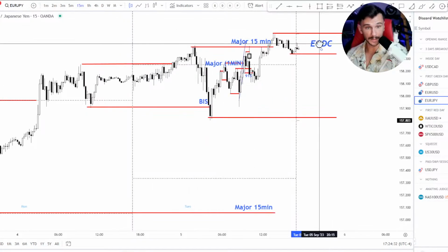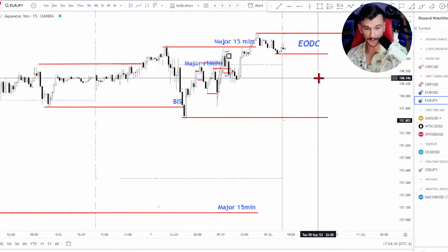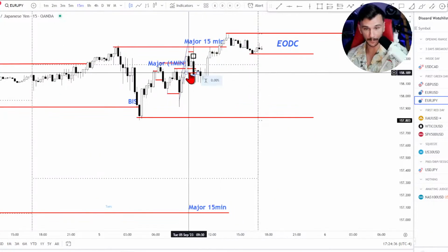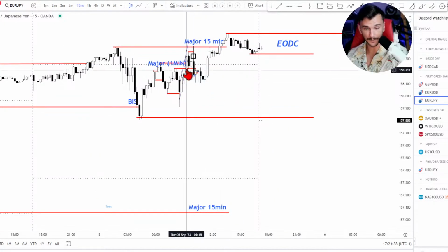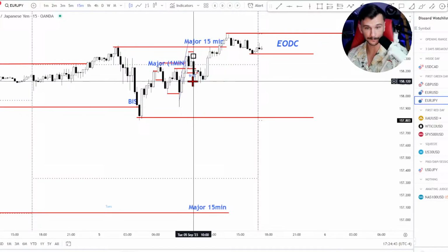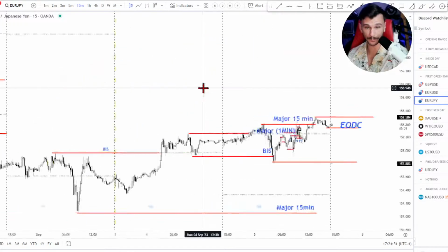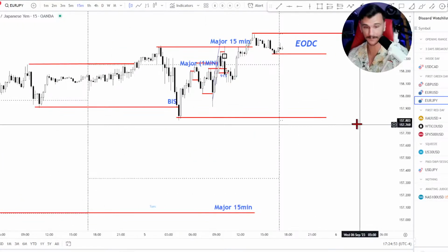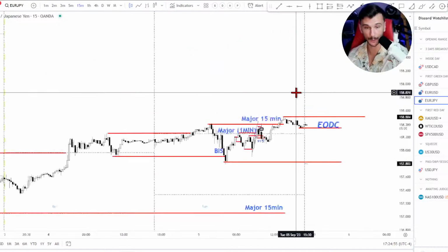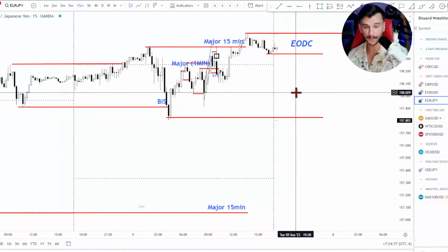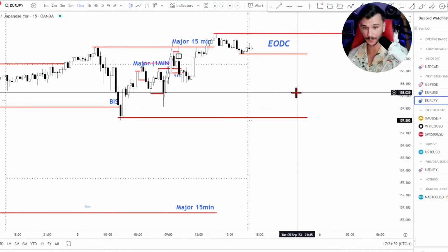Okay, so end of day consolidation looking something like this. I still have some of my notes up here from earlier today. I thought that this was going to turn into an M, which it actually started to. And this is about where I got in. I was in a 1 minute chart within this bar. And it just didn't go the rest of the way, which is fine. And then looking at it, it was first green day, and I probably shouldn't have taken that short anyways. No big deal. Today was a profitable day, so no big deal.